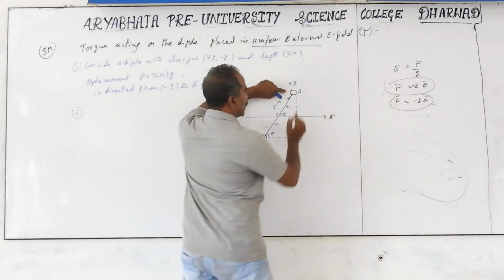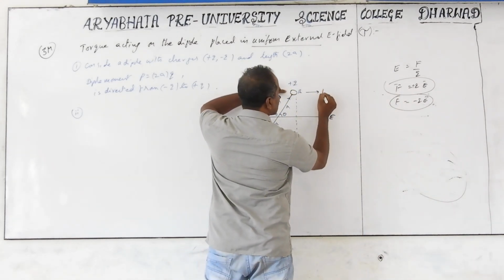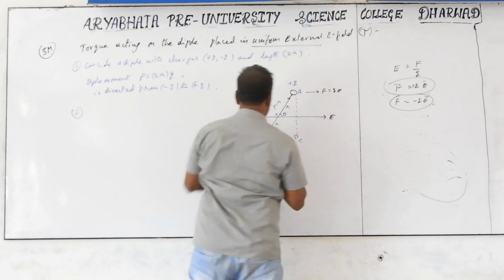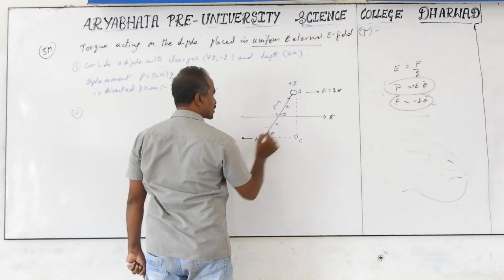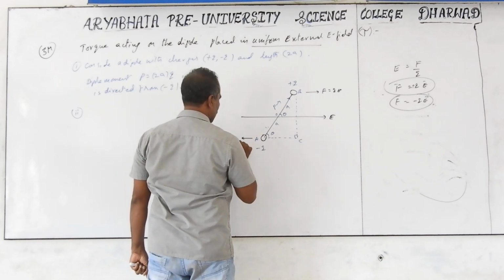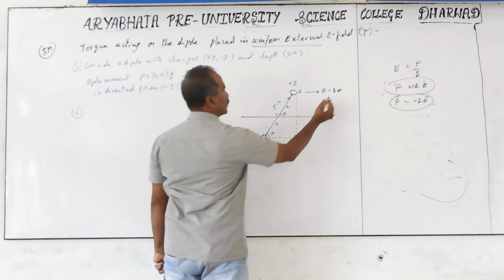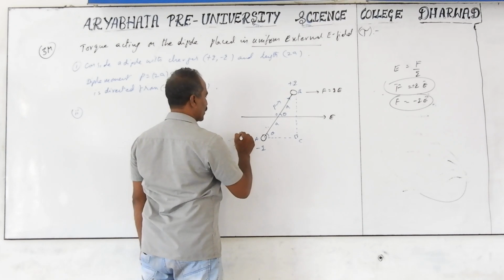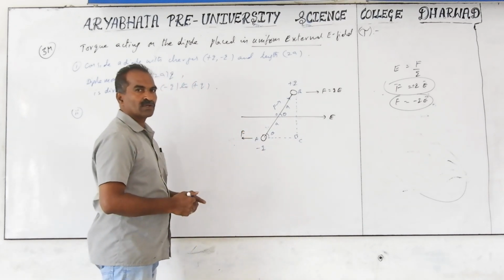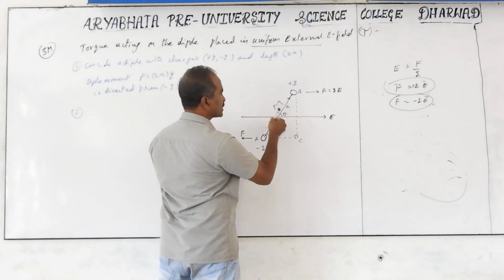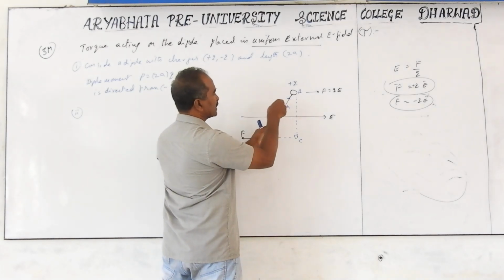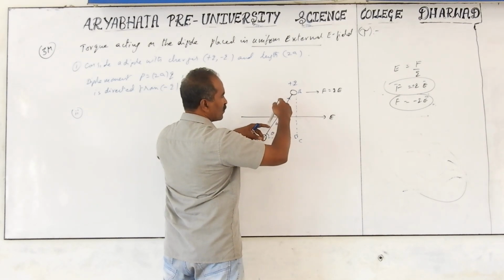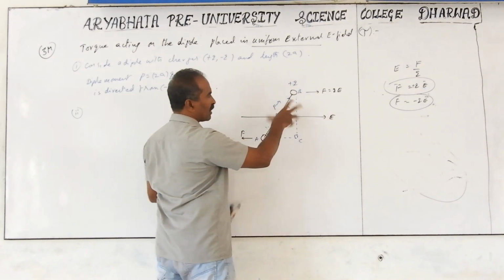So plus q experiences a force F in the direction of the electric field, and this F is equal to qE. And minus q experiences a force in the opposite direction of the electric field, which is also equal to F, that is F equal to minus qE, in the opposite direction. The magnitudes are equal. Equal and unlike forces. If you take this as an imaginary rod, these forces act in this direction and these in the opposite direction. Equal and unlike forces acting on an object, separated by some distance, form a couple. This arrangement is a couple.